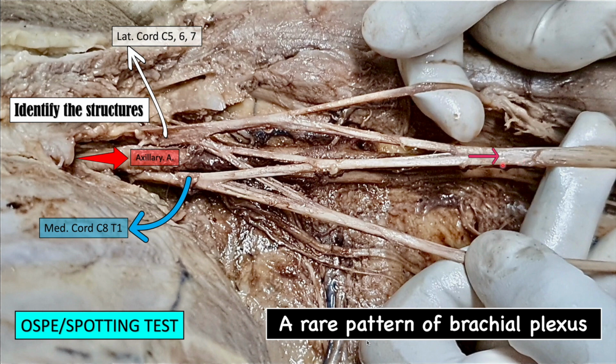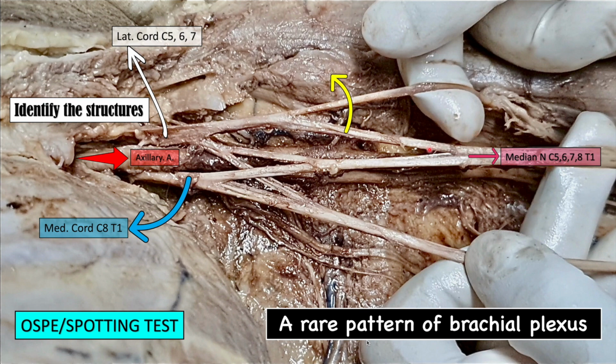Now identify this structure. This is median nerve with root numbers C5, C6, C7, C8 and T1. Okay. Next,